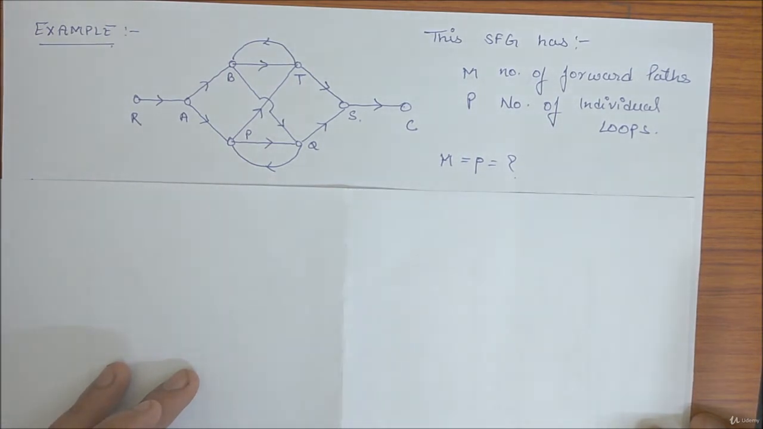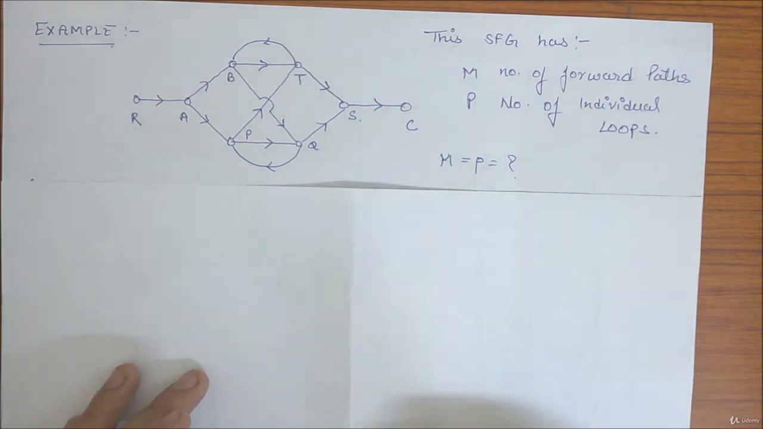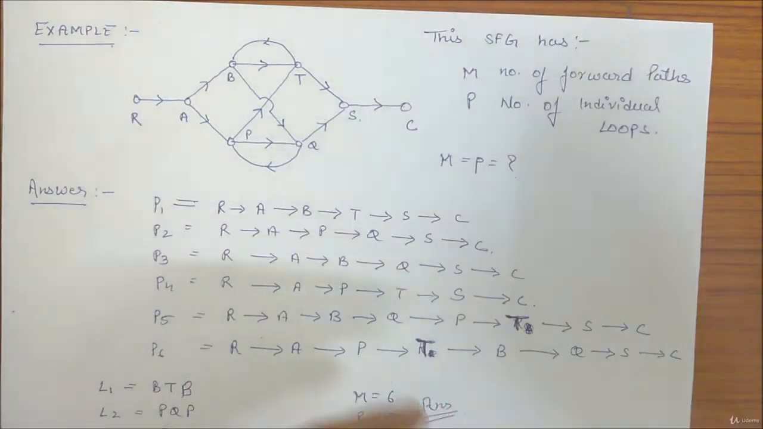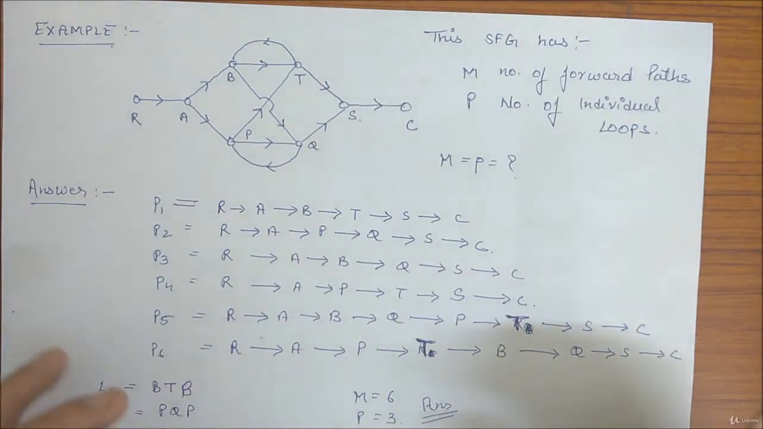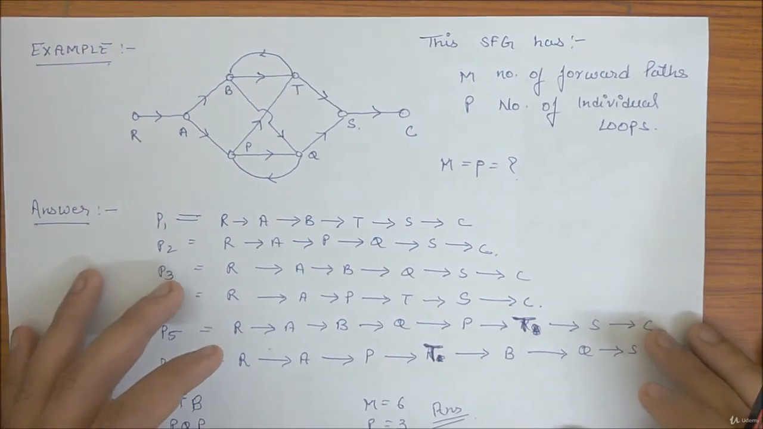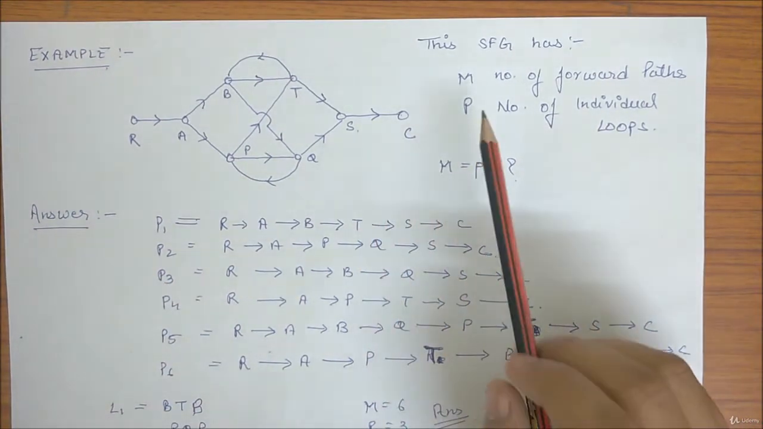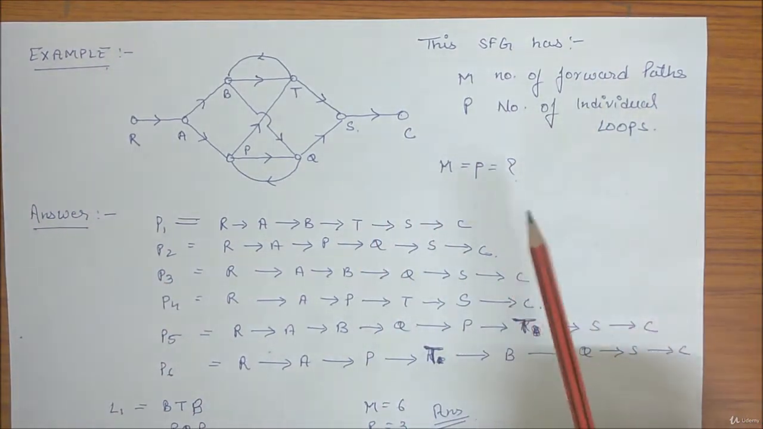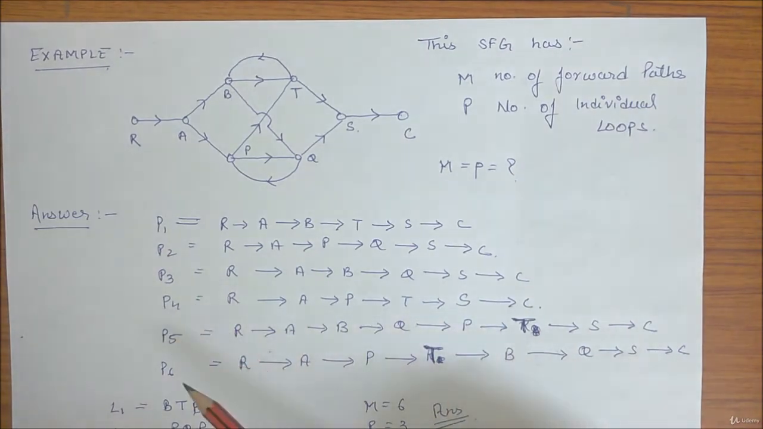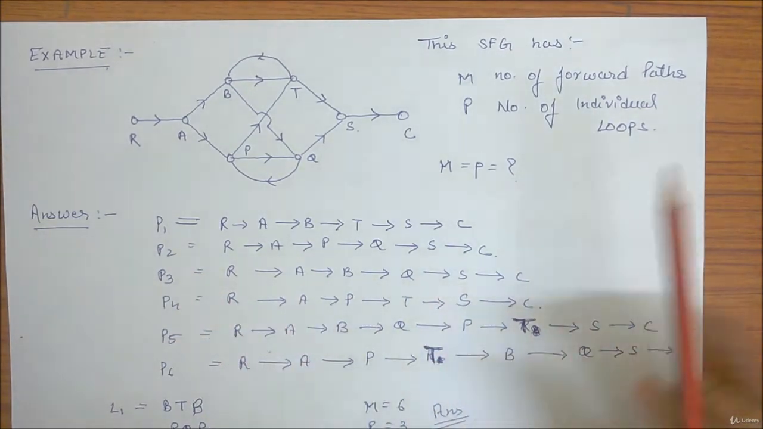So I assume you tried it, so I'll go for the solution now. Okay, so now you can see m is the total number of forward paths. Here I mentioned forward paths with p subscripts,